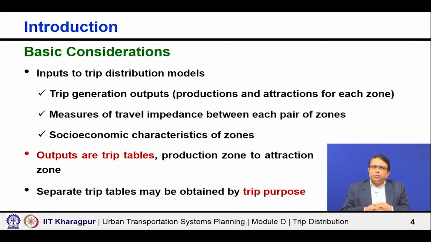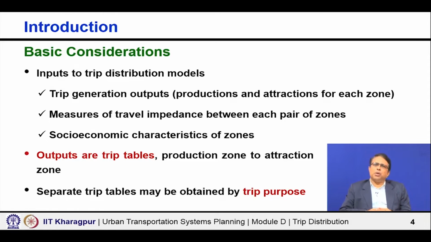Now, what are the outputs from this trip distribution process? Outputs are basically, as I said, trip tables indicating production zone to attraction zone. Okay. So, how many trips are happening from one zone to another zone? In this case also, if we are considering the total travel, person travel, then we can get one matrix. If we are considering by different mode or different purpose, then you can even get the trip table by different